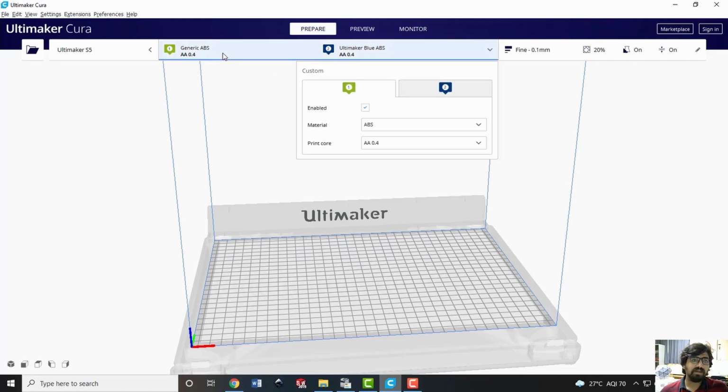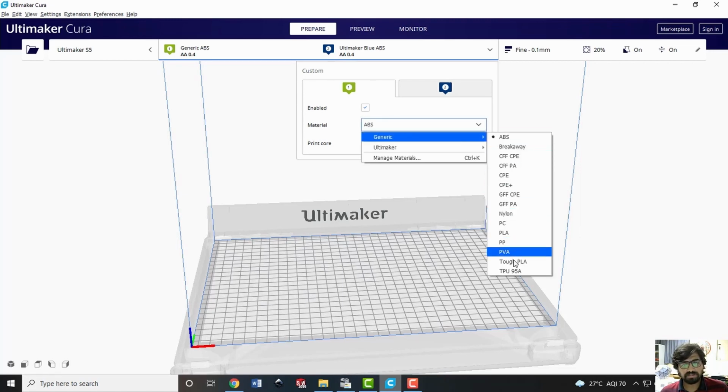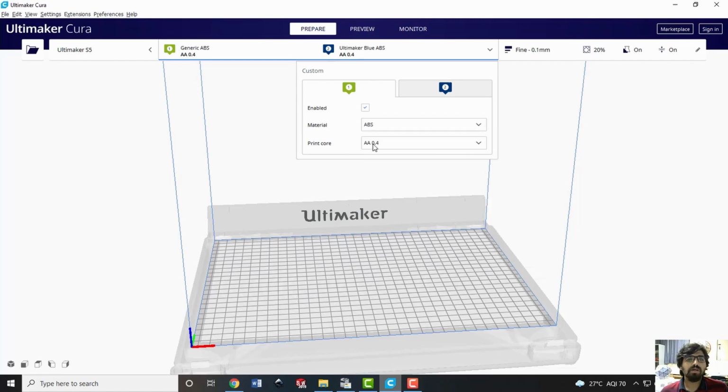If I click on this tab, I can select extruder 1, and it shows that extruder 1 is enabled and extruder 2 is also enabled. Extruder 1 is using ABS plastic as the raw material. However, if you want, you can change the material. There is a huge list of materials available and the print core diameter is also given corresponding to the same.